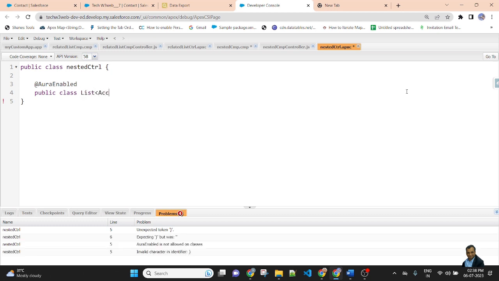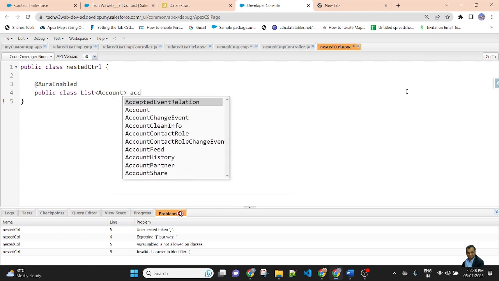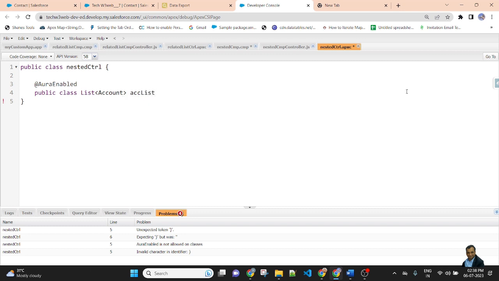List of account, accList, and in the parameter pass the record ID, String accID.